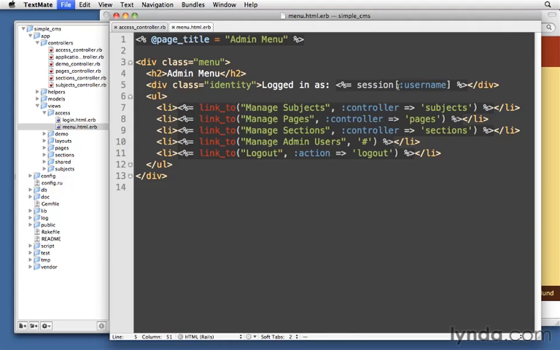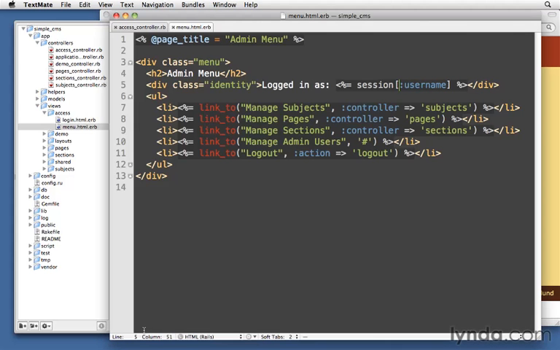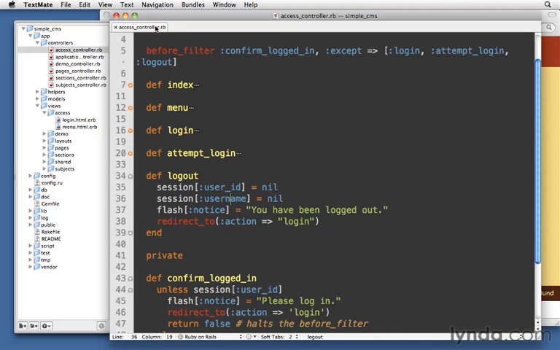So that should now display the username. Let's just reload it and see. There it is. Now it shows what username we're logged in as. So that's all there is to using a before filter, but there's one more change that we need to make here,